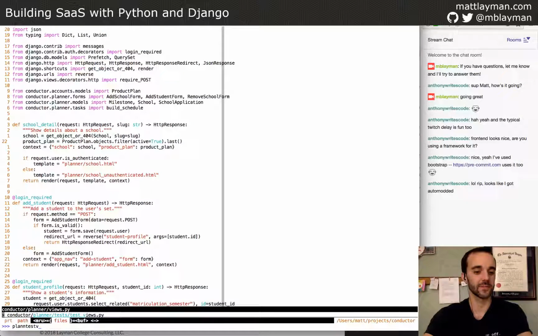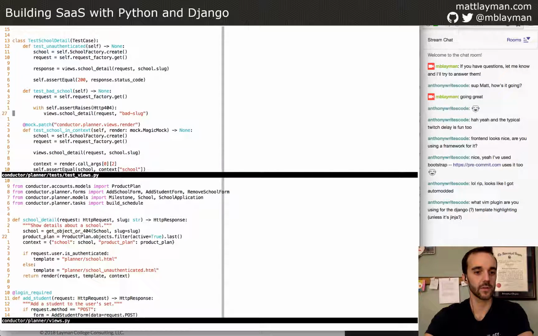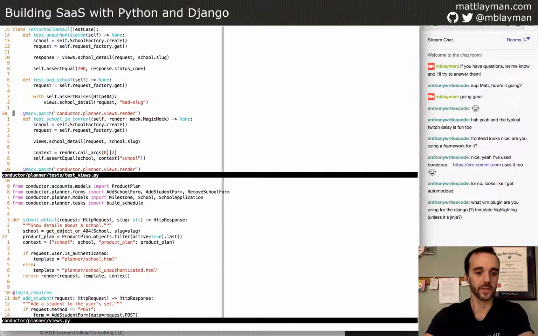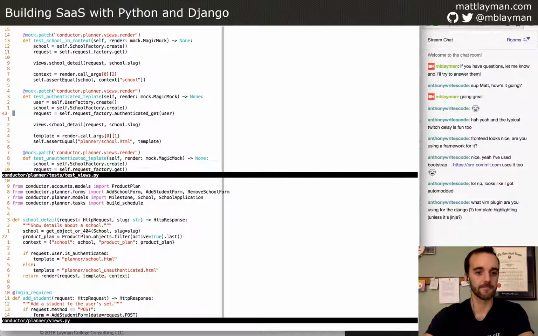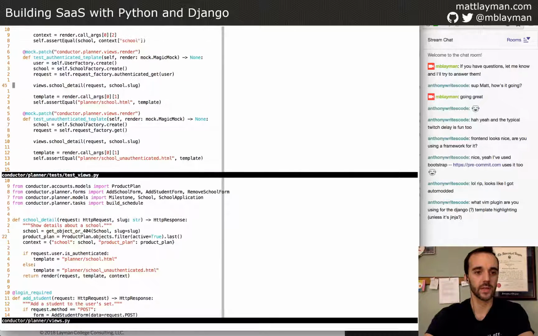So let's look at the test views file for this thing, and we have this school detail. And so I've got some tests in here: I've got the bad school, I've got an unauthenticated test, and so on. I've got the different templates that it's checking. So really, I think what I want to do,